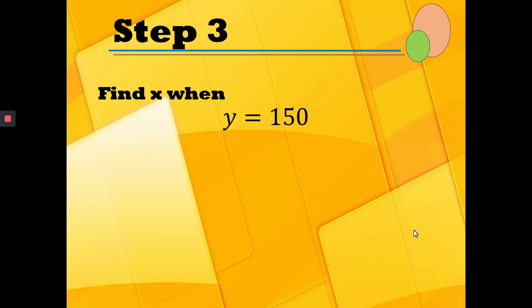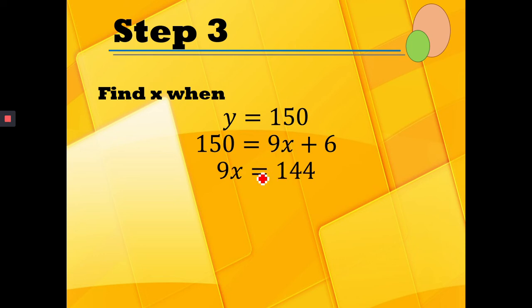Given na po yan kanina na kailangan daw niya, or he is more desirous, to finish this 150 units. So gamitin natin yung function kanina. So that is y, so I already substitute. It becomes 150 because y is equal to 150. So 150 is equal to 9x plus 6. Then, after that,